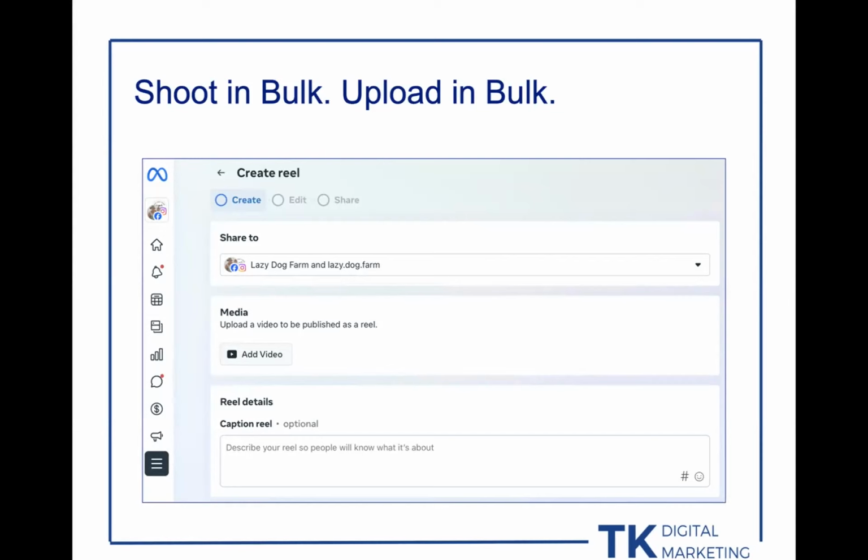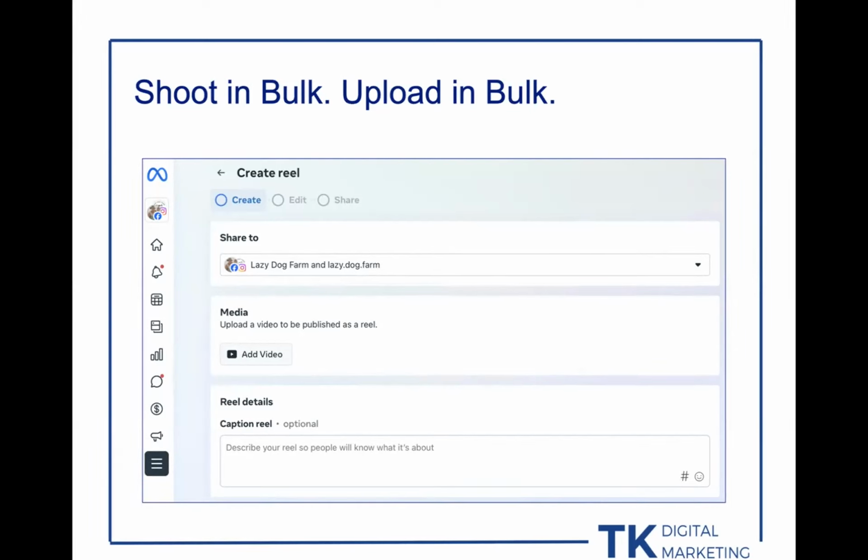That way you've got all your short form content posted for the next week, 2 weeks, however much you shoot. You don't have to stop in the middle of your busy day every day and think about, oh, what am I going to talk about today? Because a lot of times things will come up, things will happen, you'll have fires to put out, all that kind of stuff. That's why I suggest just once a week, once every 2 weeks, set aside an hour or two, go shoot the short form content, edit it or have somebody edit it and get it uploaded. That way you don't have to worry about it on a day-to-day basis.